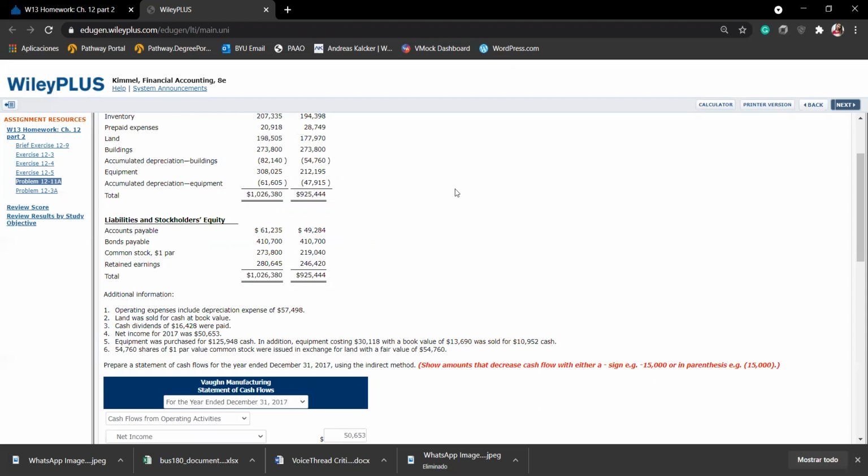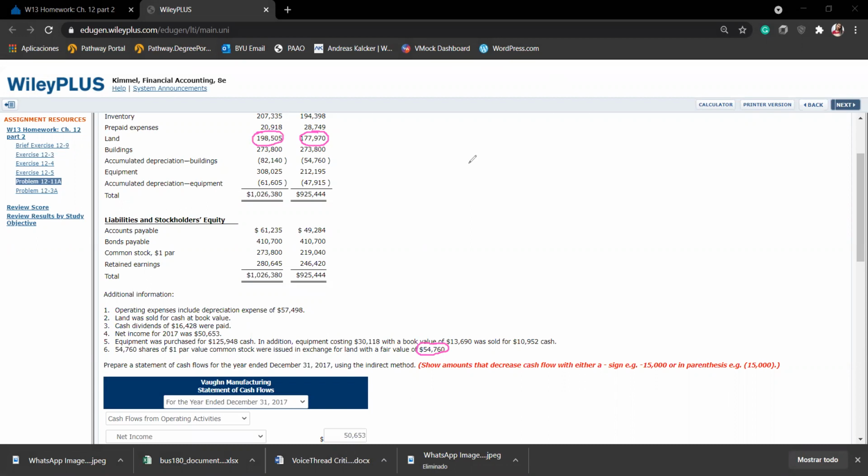So this is what we are going to do. We are going to sum this amount to the amount of last year, and we are going to subtract this amount